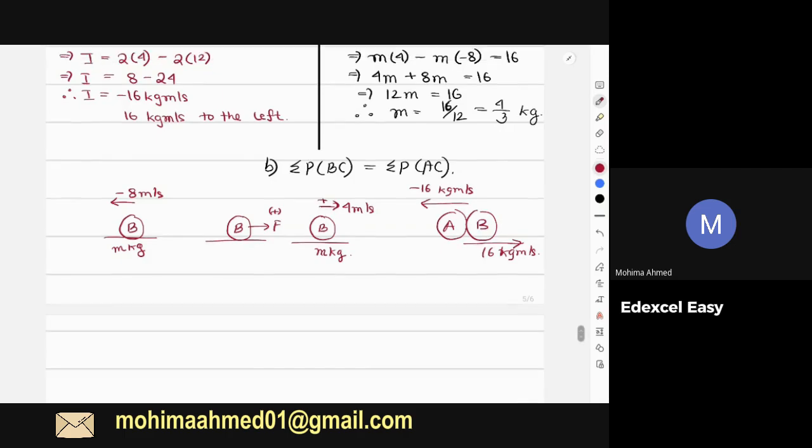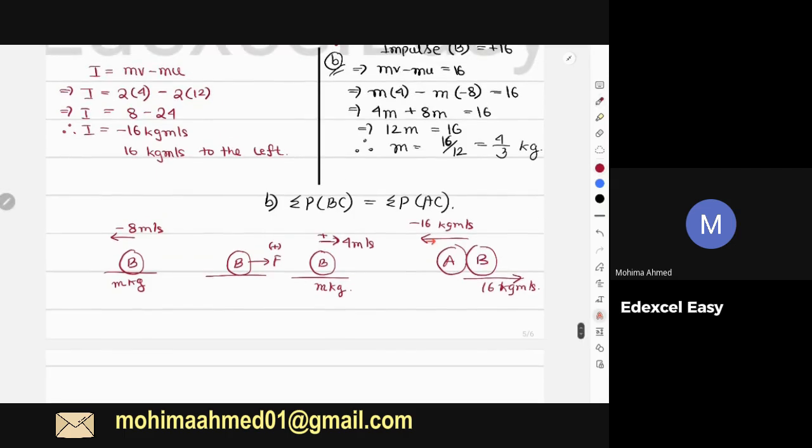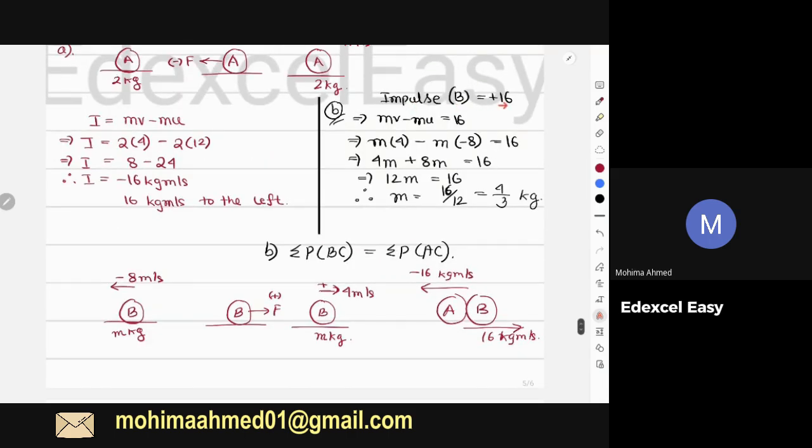Yeah. Okay, then over here, as I was assuming the direction towards the right as positive, that means if A is negative, B will be positive. That's why we wrote impulse for B is positive 16. That means this much was applied on B to the right, and then the normal equation mv minus mu equals